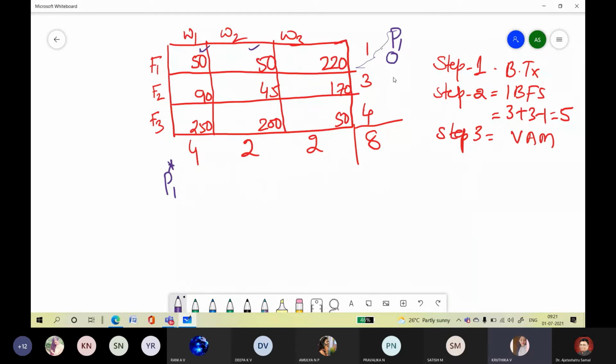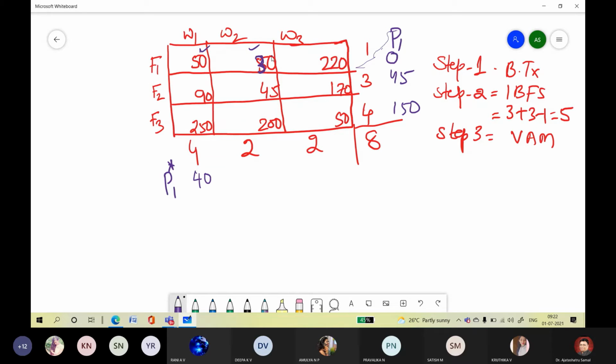All of you. 45. Next difference is how much? 150. Correct. Now the column-wise difference is 40. Next 5 or 15. 5. Correct. So 30. So this is written 30. One minute, I made a mistake, guys. This is 30, it's not 50. This is 30. Okay, make it 30.